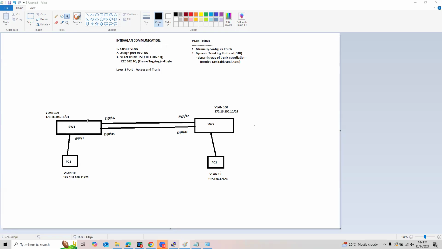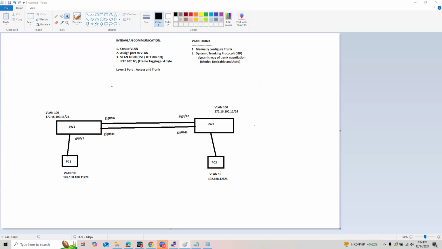So VLAN 20 traffic also from switch 1 will be able to pass through port 47 or 48 once this is configured a trunk, because that's what a trunk really is. A trunk allows you to process, send, and receive traffic to and from a certain VLAN. So as I have said, a trunk port allows by default all VLAN traffic.